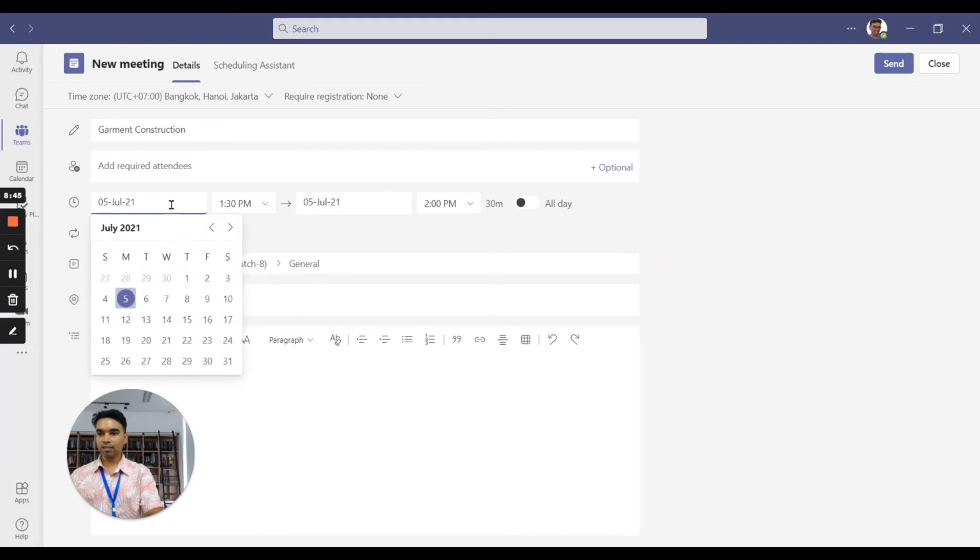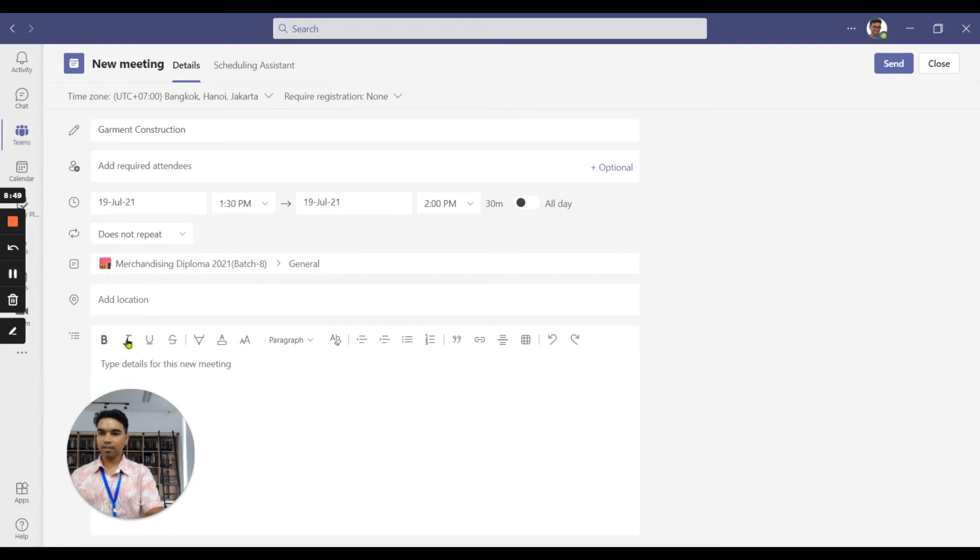Select the date. So garment construction class is from 19. The start time will be 8 o'clock, so I can select 8, and the end date is 20 and the end time will be 4 o'clock. So I can select from here and then